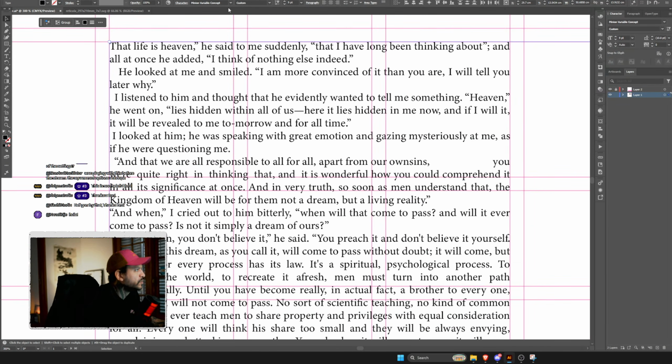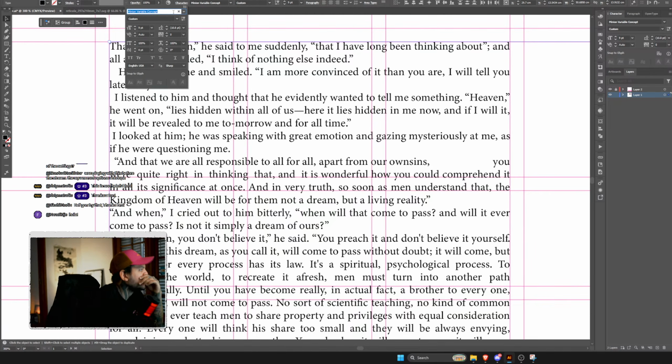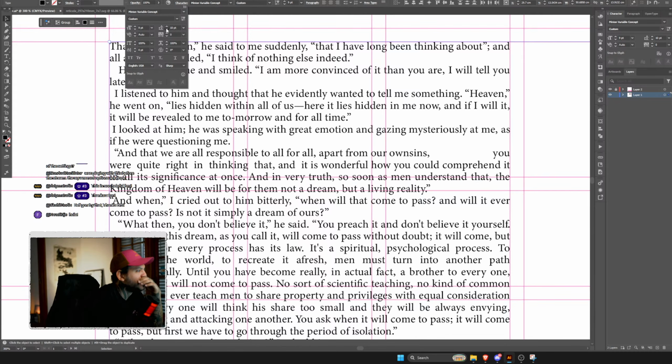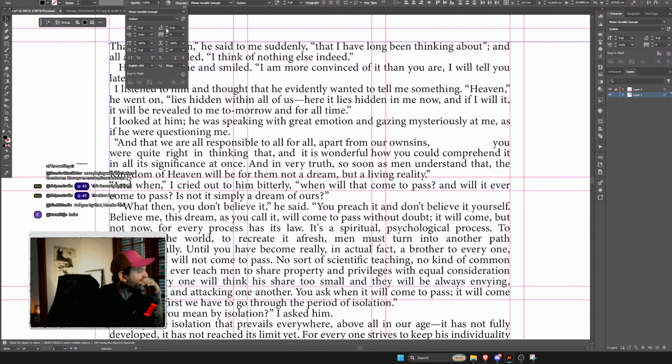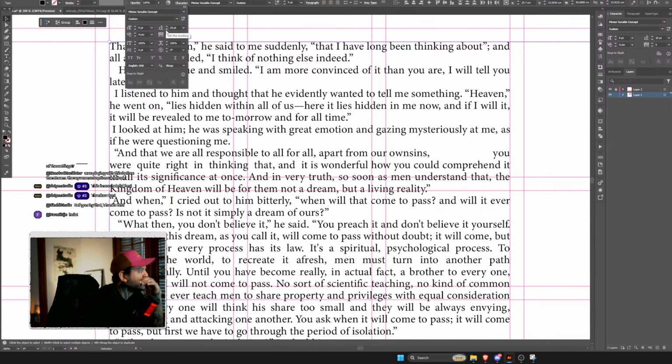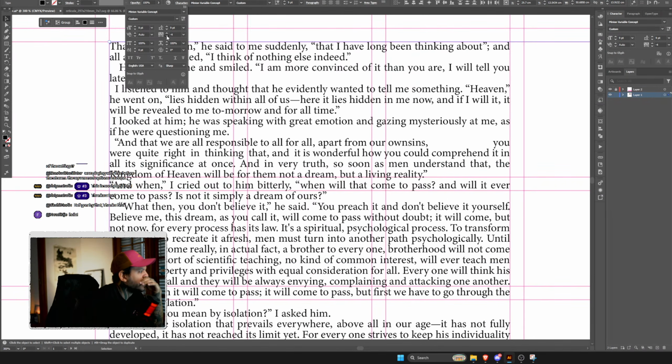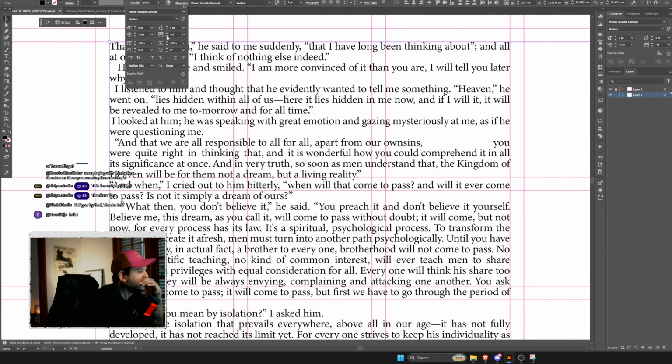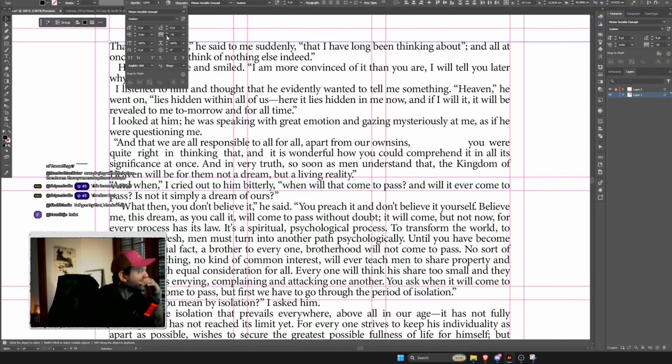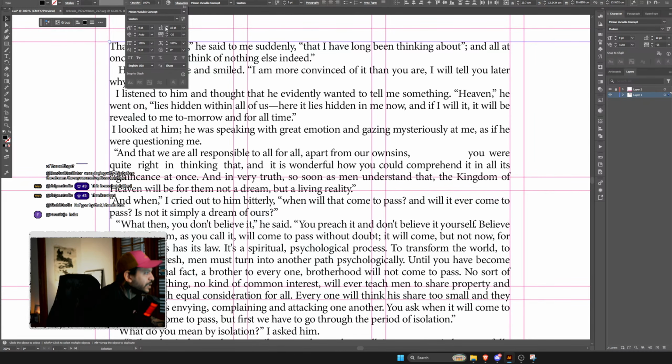So I want the text to feel a bit more oppressive. To inform that a little bit, let's change the line spacing to make it a bit more squished, and the letters a bit closer together. That I like. So the leading needs to be a little bit wider than our font size.